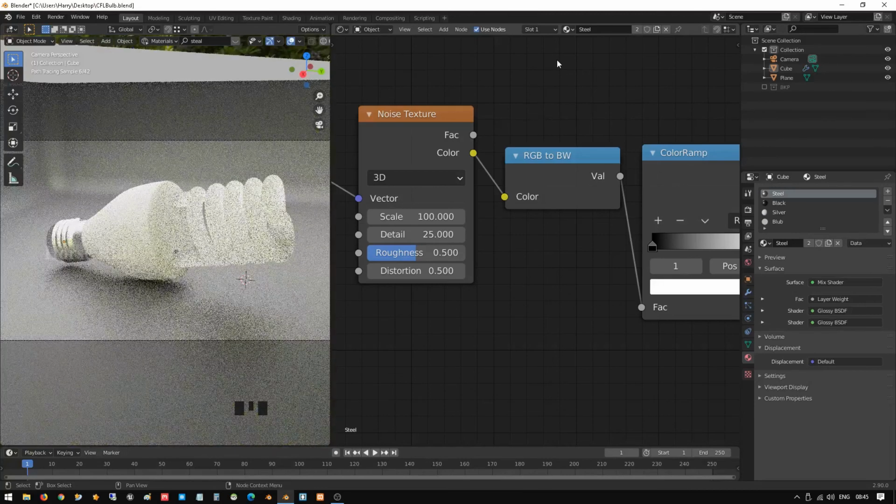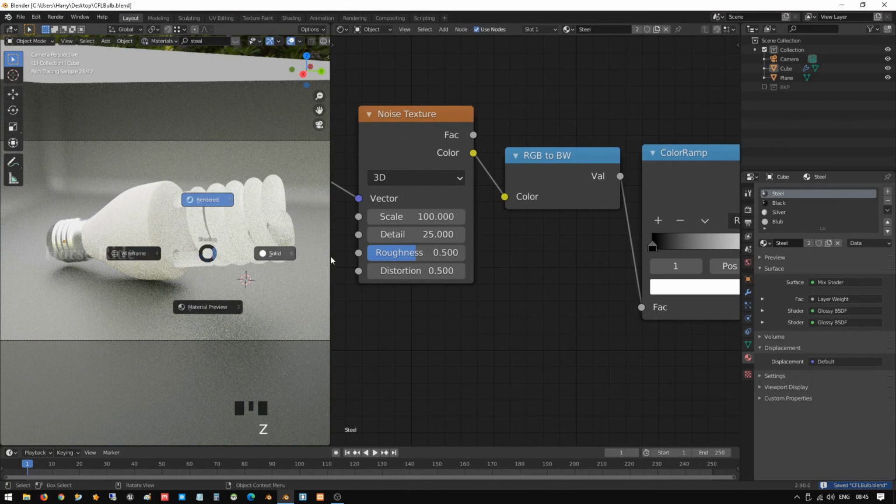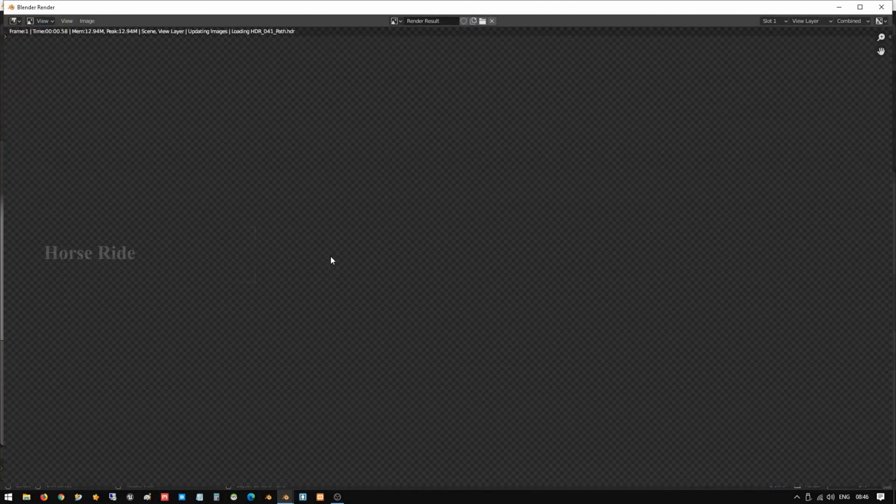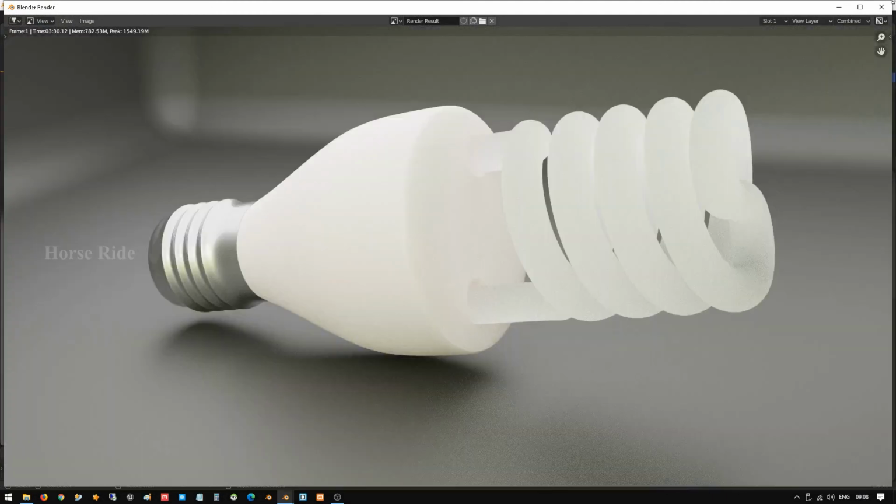Our final rendering output is ready. Press save and go to solid view. Press F12 to create the final rendering result. Once the rendering has been completed, I will come back. Yeah, rendering has been completed now. Now that rendering is completed, you can save the image file.